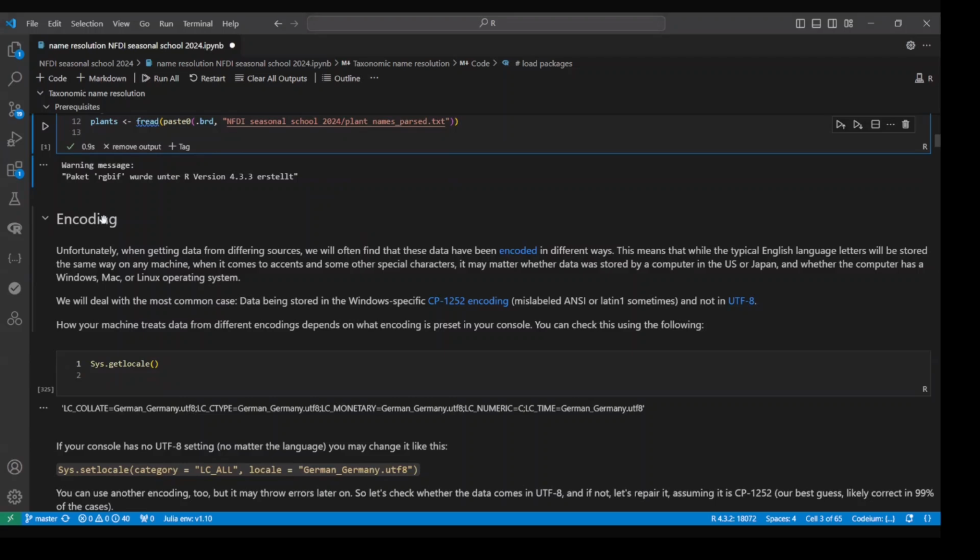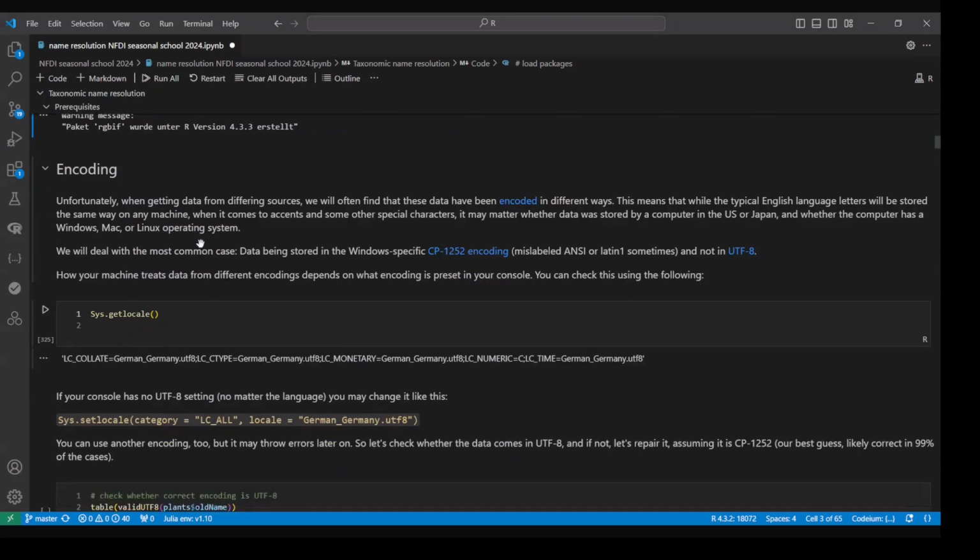that the encoding of your data may be different. There are different ways to encode different character sets, and we have to check that the encoding is correctly displayed and that we can use it in a way that we can actually work with the data. So first of all, what I do here is check what kind of encoding is set for our